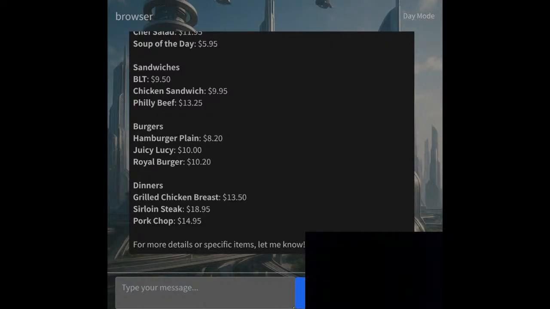And I could also make the browser bot work more like the index bot, where you just type in and it chooses the most likely page to have the answer, and then tries to answer your question based on that page. Which truly makes the WordPress into just a RAG database. The other thing I could do is,